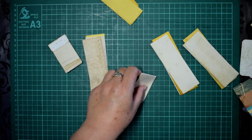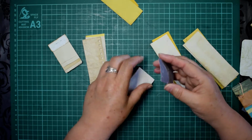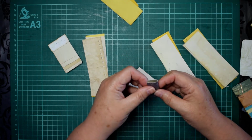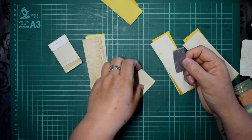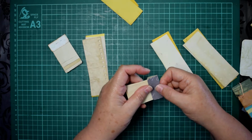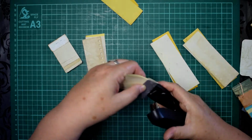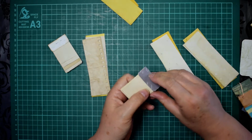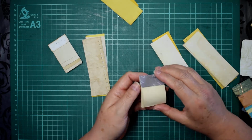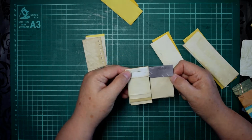I quite like using the stapler because it's easy, it's quick. You can get lots of these made in a very short time. I'm not going to bother inking this one because it is quite a dark paper, but I'll show you the difference in whether you do them waterfall or not. And try to keep the staple as high as you can, because that means you can flip the pages up and you've got more writing space. But there you go, there's the difference. It makes them shorter,